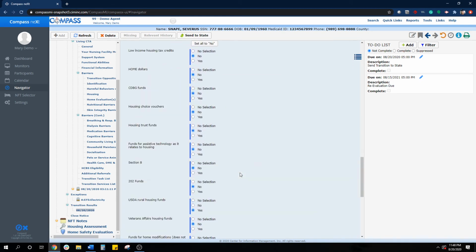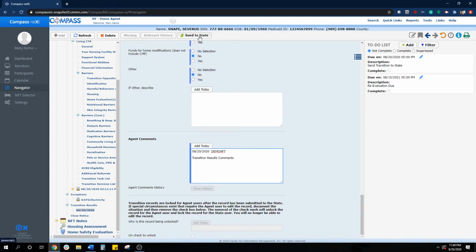And once you're completely satisfied, you can send this to the state, and then the state does not do a formal review process of this, but it will stay locked for agent users and it'll be unlocked for state users. So I'm just going to show you what that looks like. So if I click this,